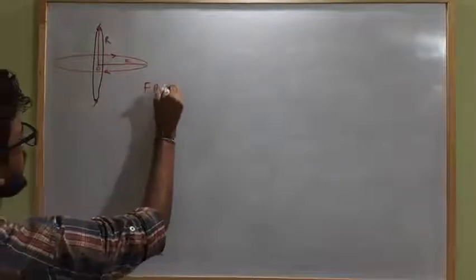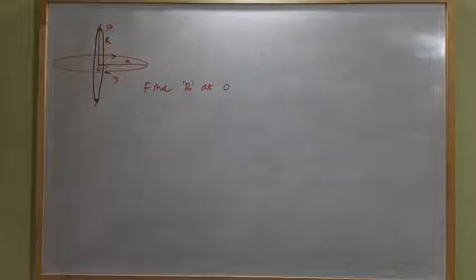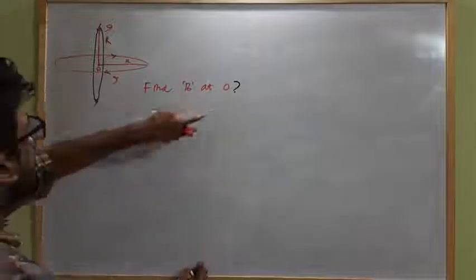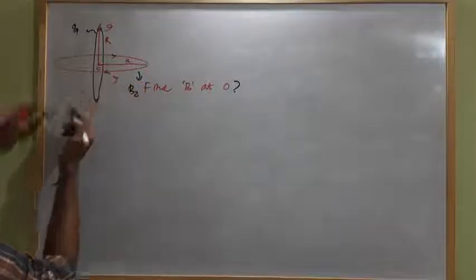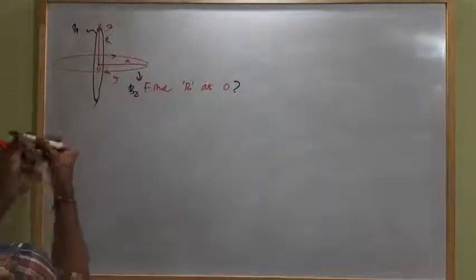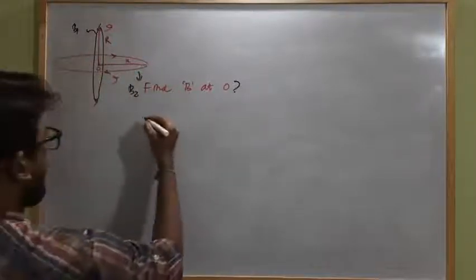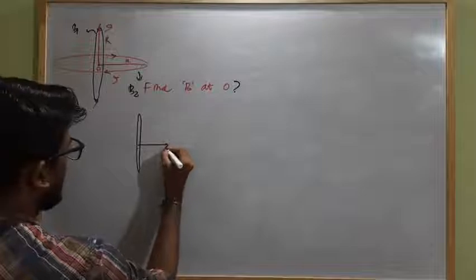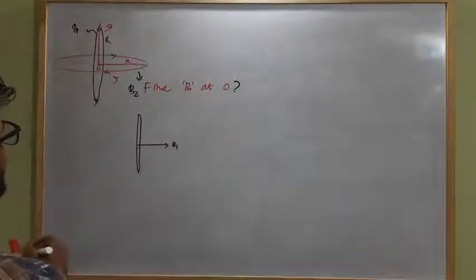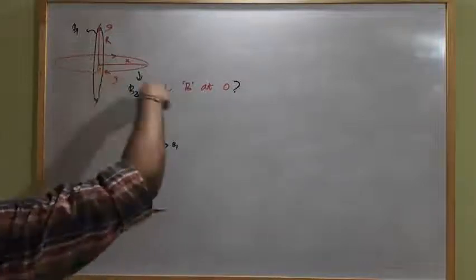Find B at O. Current value will be I in both the coils. So here just assume, what is the value of B at O. Here let this be B1 and this is B2. So for B1 the coil is like this, the current flowing along this direction, so the field will be towards this. So for this coil at point O the field will be along this direction, this will be B1, clear? And for this coil the current moves like this, and this coil is in the vertical plane and the other coil is in the horizontal plane.